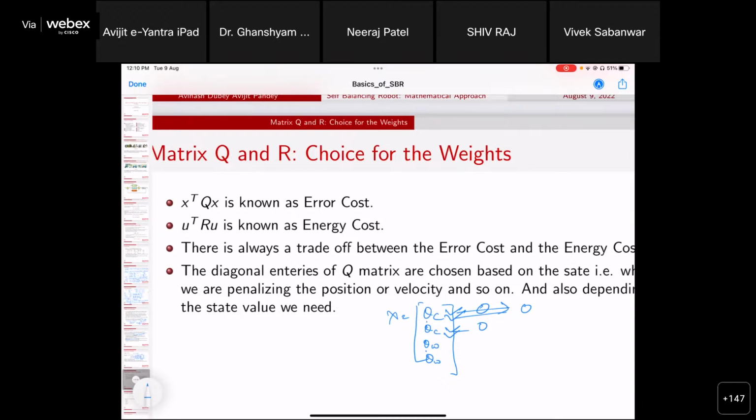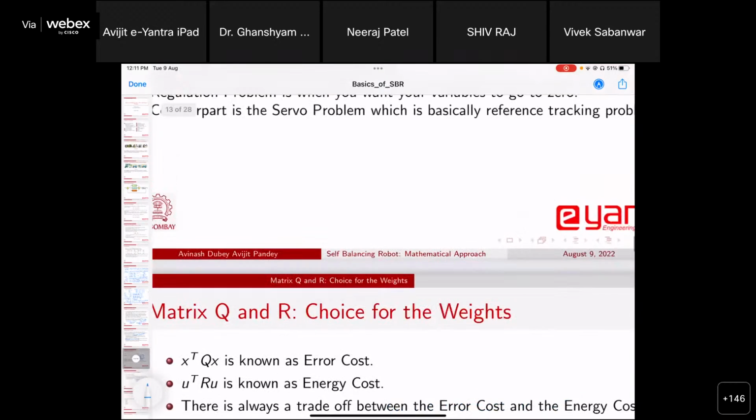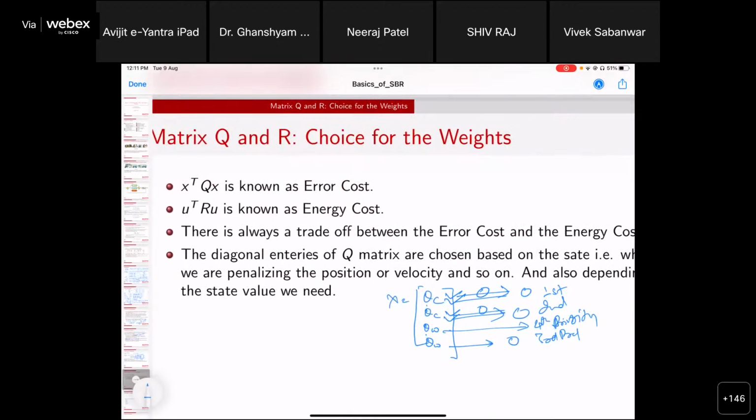The second most important is theta c dot becomes 0. Third most is theta w dot becomes 0. So first important, second preference, third preference, and this is the least preferred. Even if theta wheel does not go to 0, it doesn't matter much. Fourth priority. Now, whichever is the highest priority to you, you want to apply the maximum weight to it so that it is achieved with utmost accuracy. So based on your objective performance, you will choose